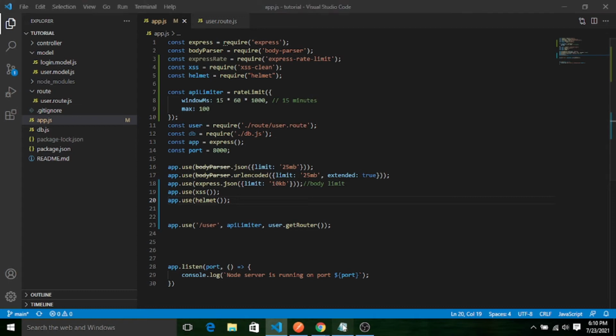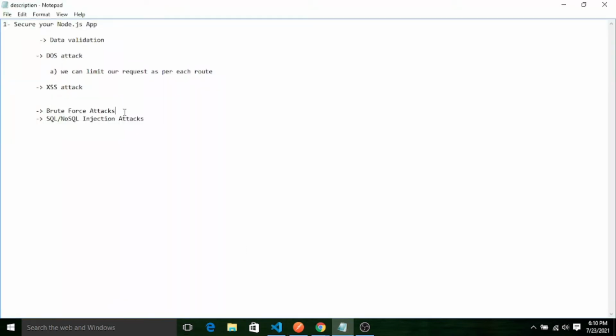So let me go to the brute force attack. Let me explain what this is and how we can prevent it. Also, one more point I have left for this XSS attack.